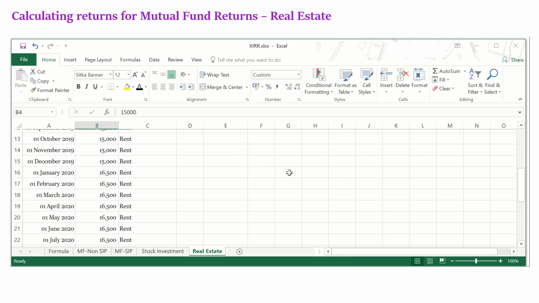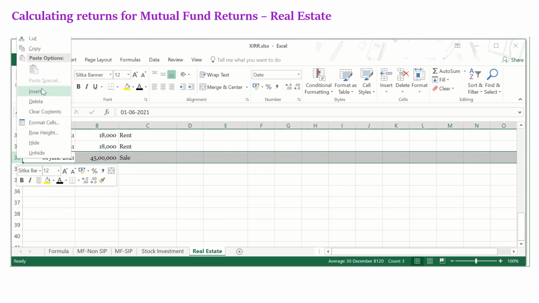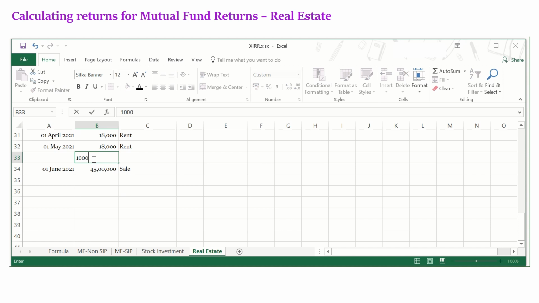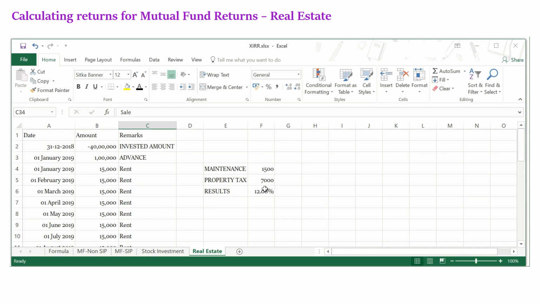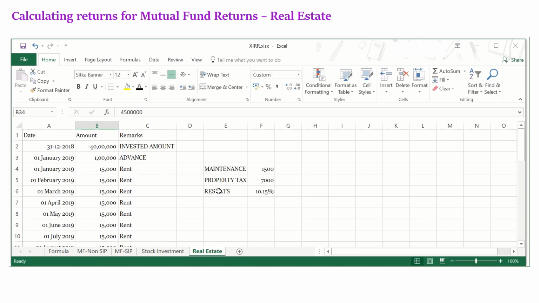Painting was done by the tenant, and he repays the amount of 1 lakh back to the tenant when he vacates on 31st May. So now you see, earlier the returns was different. Since he has to pay back, this should be negative. The return is 10.15%.